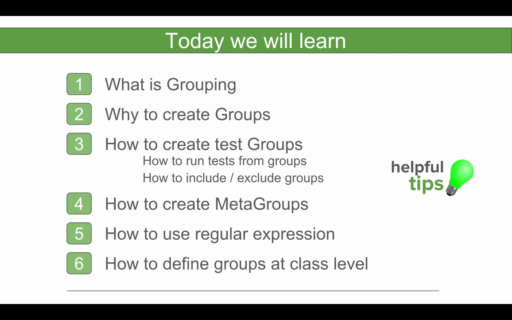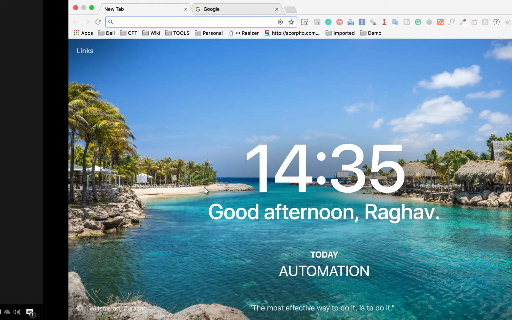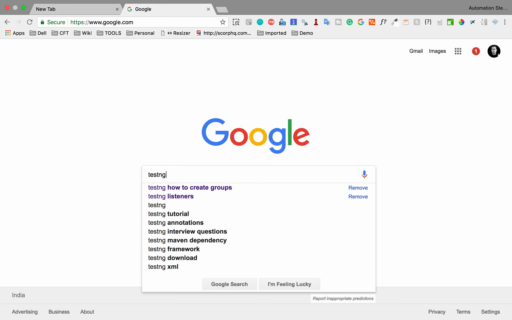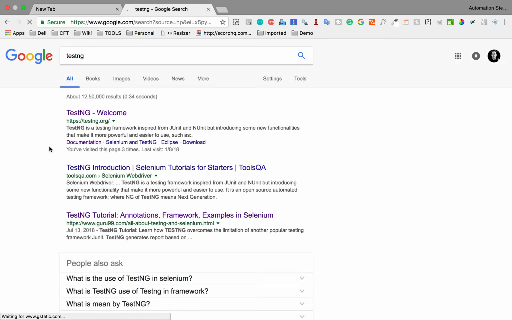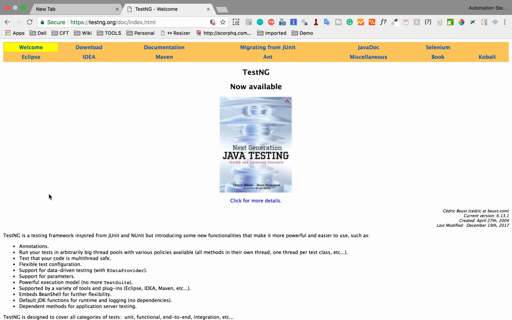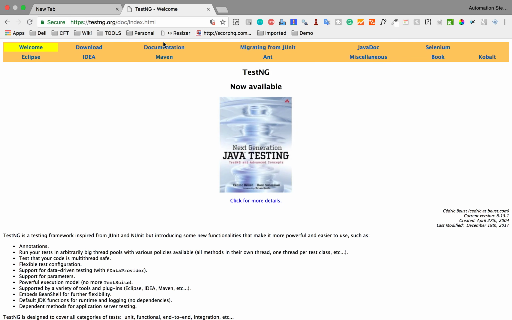So let us come back. So we have learned what is grouping, why to create groups. Now see how to create groups. So I will go to my Eclipse, and before that let me go to Google and just explain you once again. So I will search for TestNG, and here I will go to the official TestNG website, which is testng.org. And here if you go here you will find groups. So let me just see, if you go to documentation here,